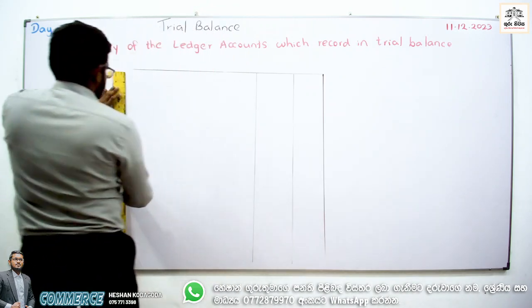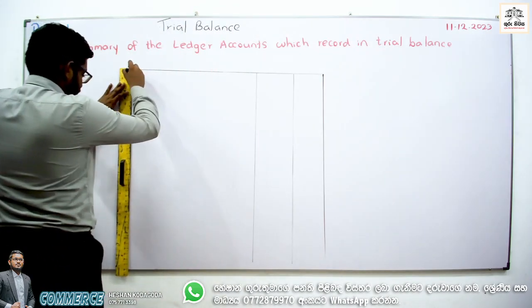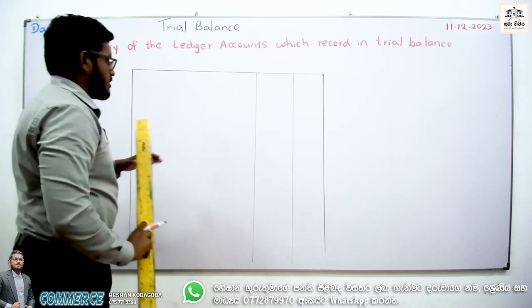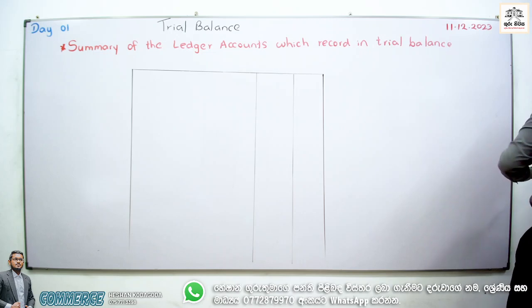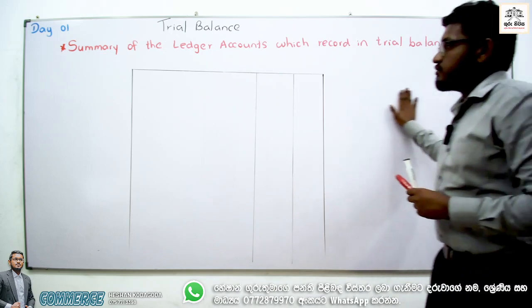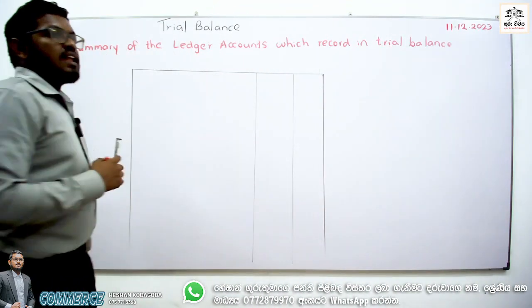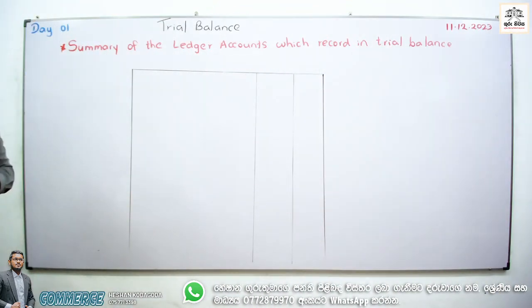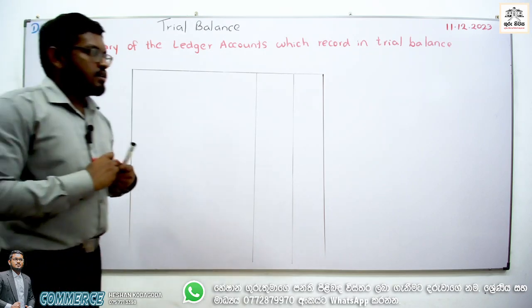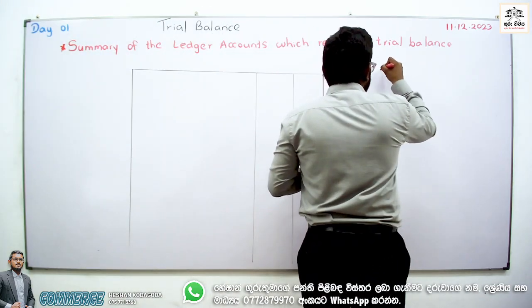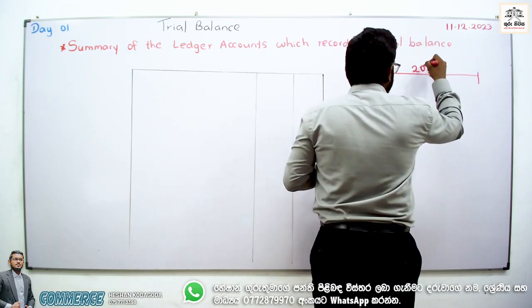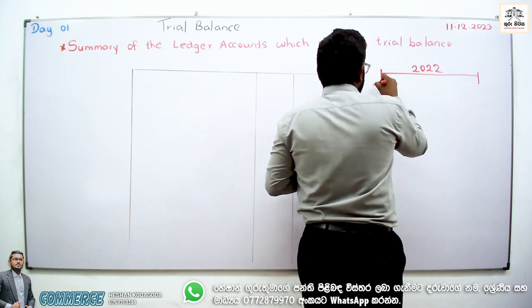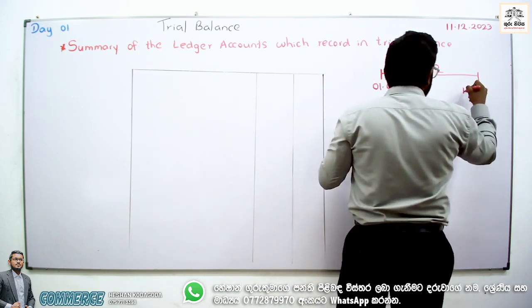Right. Listen to this carefully. Now you know we prepare the ledger. Now listen to this carefully. We do the balancing part at the end of the accounting period. Okay. Now think this is the accounting period of 2020, starting on 1st January and ends on December.